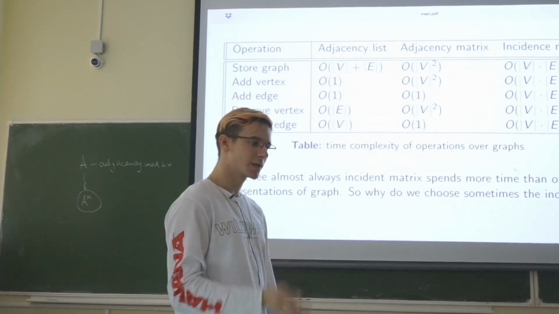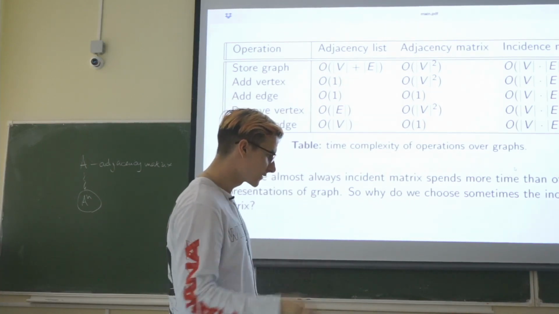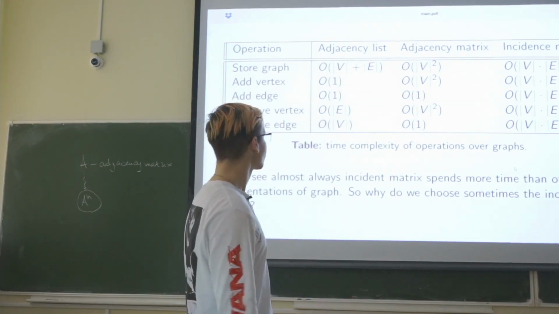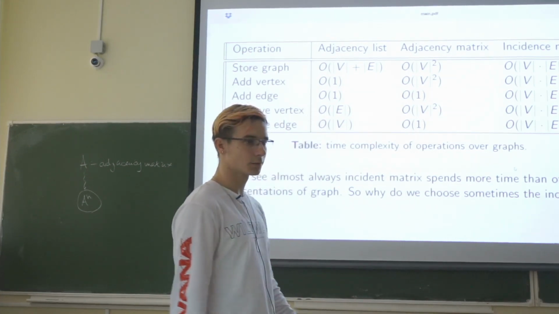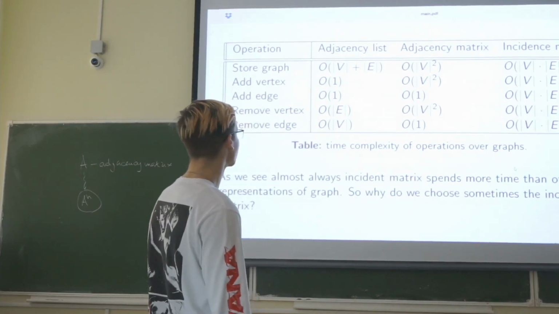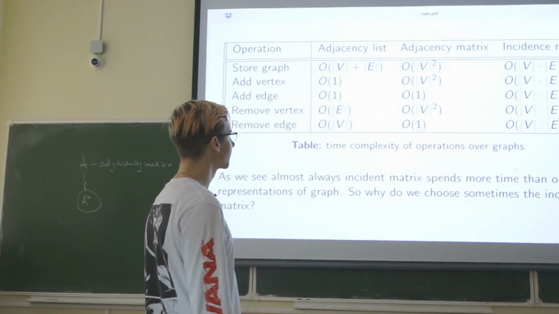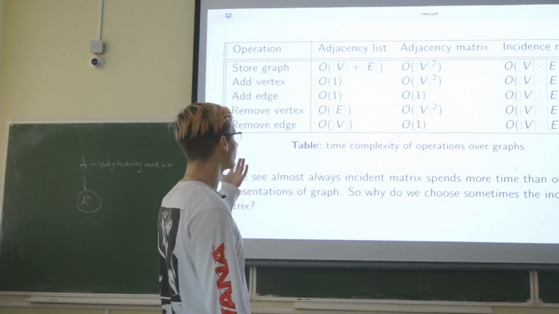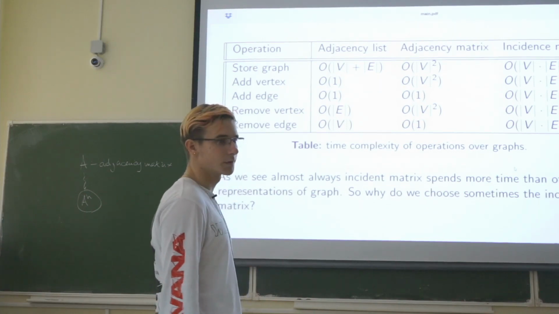And for example, this algorithm uses one of these concrete representations. Yeah. So if an algorithm has no specification about representation of graph, you can use one of them that you want,